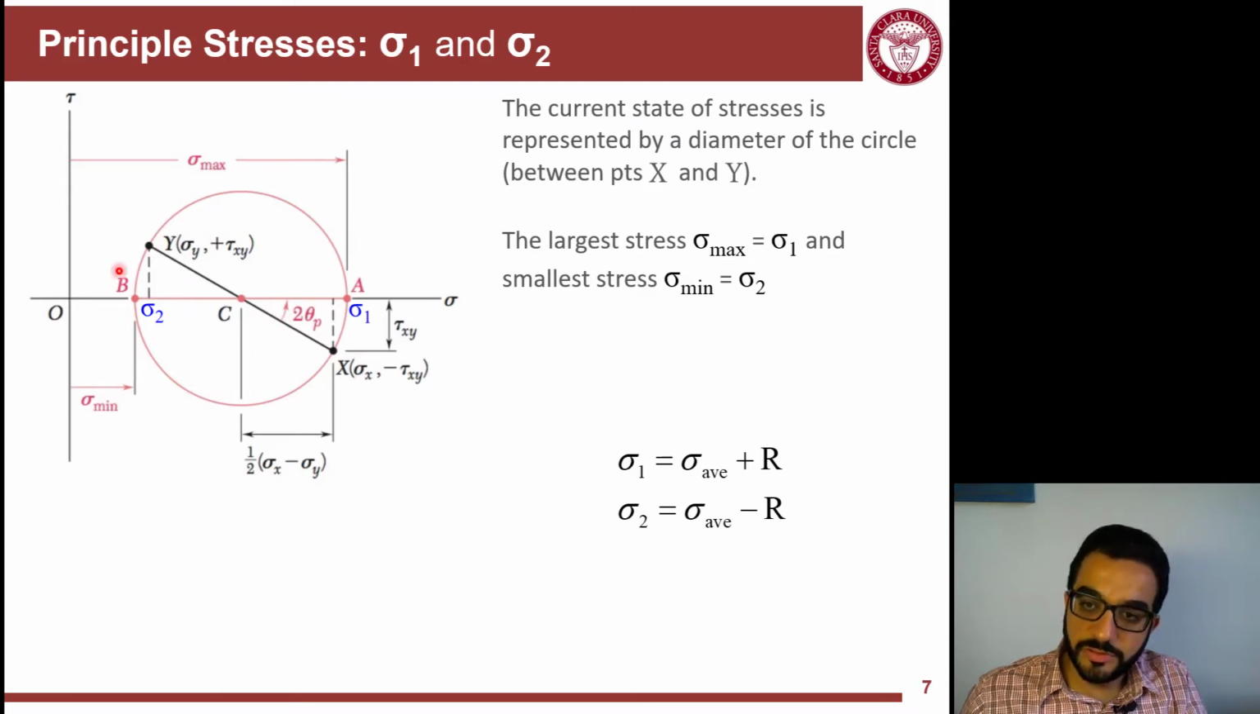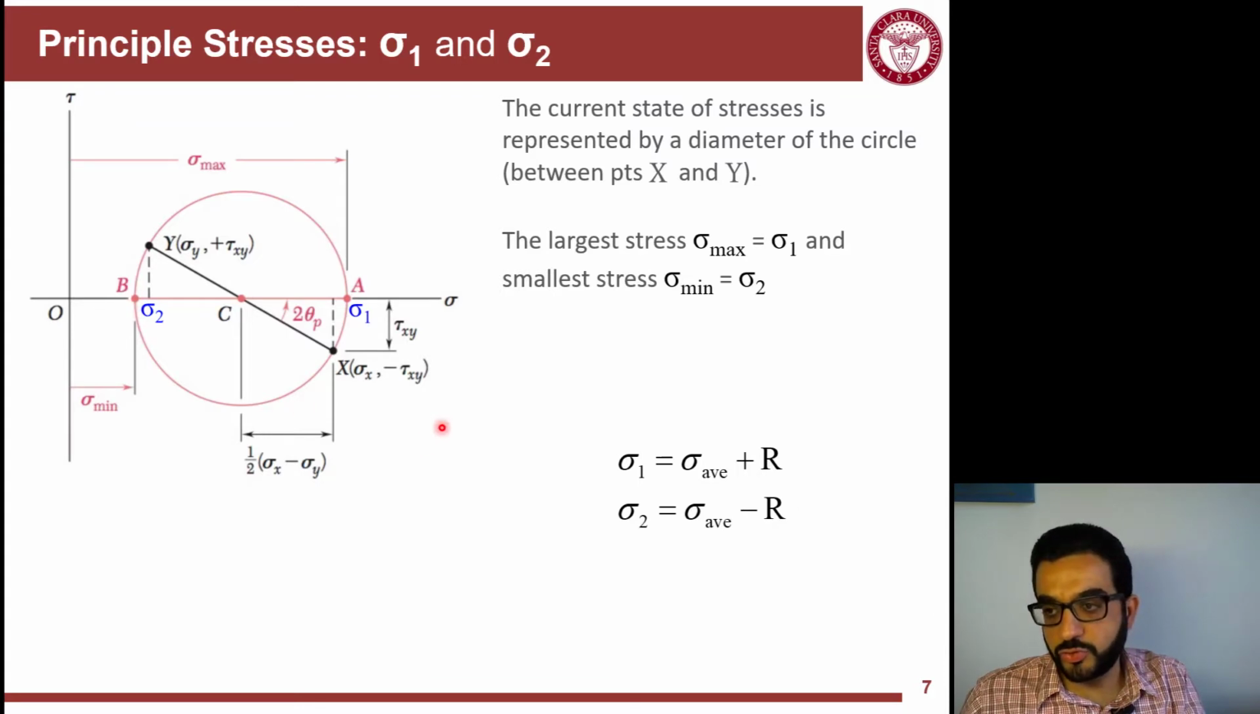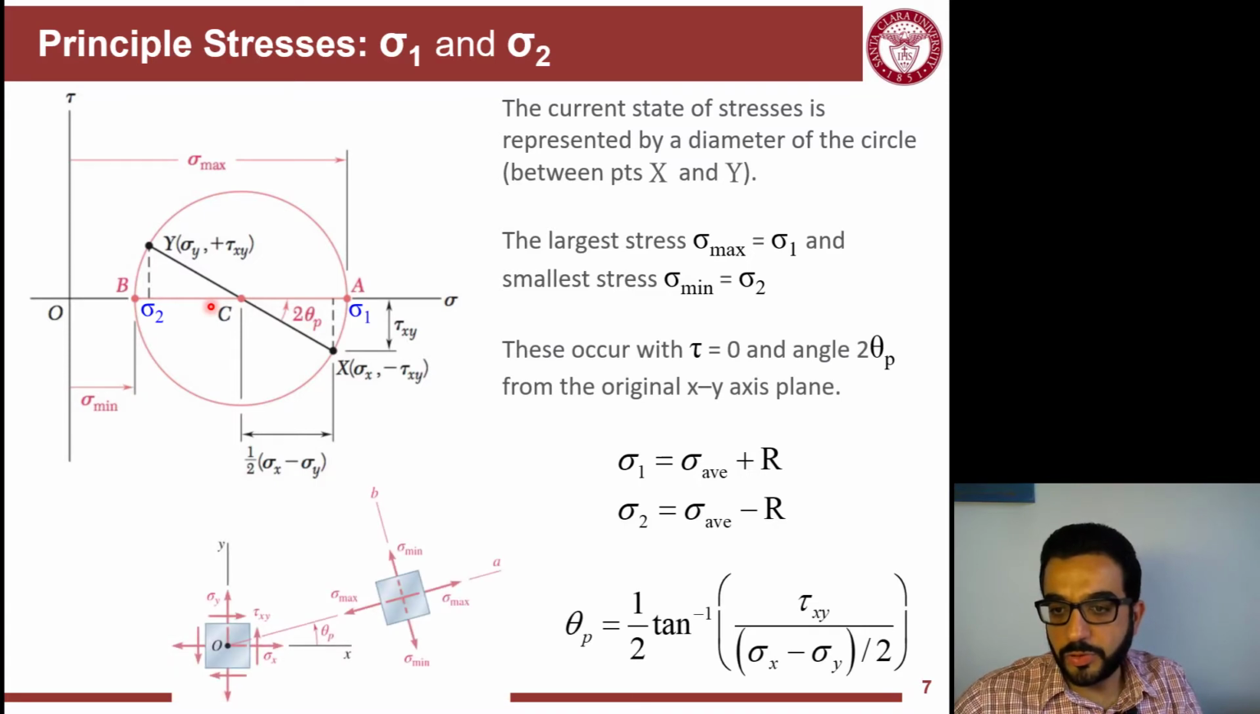From the circle geometry, sigma 1 is equal to what? It's equal to sigma average, that coordinate here, plus the radius, because this distance here is the radius when it rotates like that. So sigma 1 is sigma average plus the radius, and sigma 2 is equal to sigma average minus the radius. That will give you sigma 2. And this state of stresses, where I have the maximum principal stresses, happens at an angle we call theta